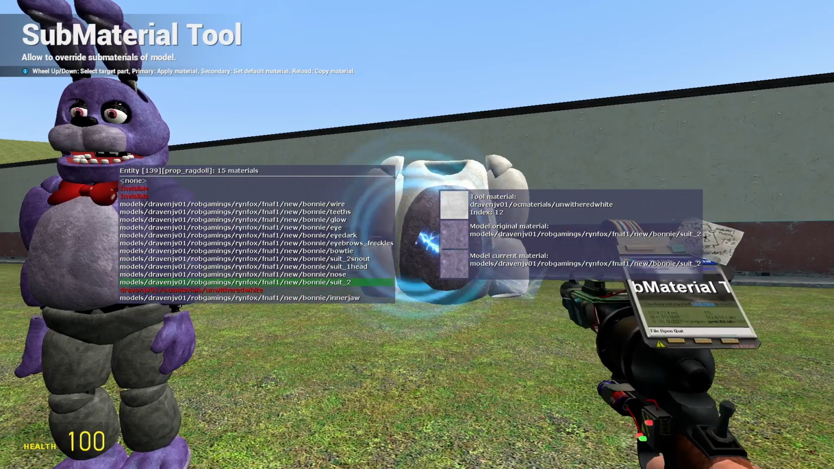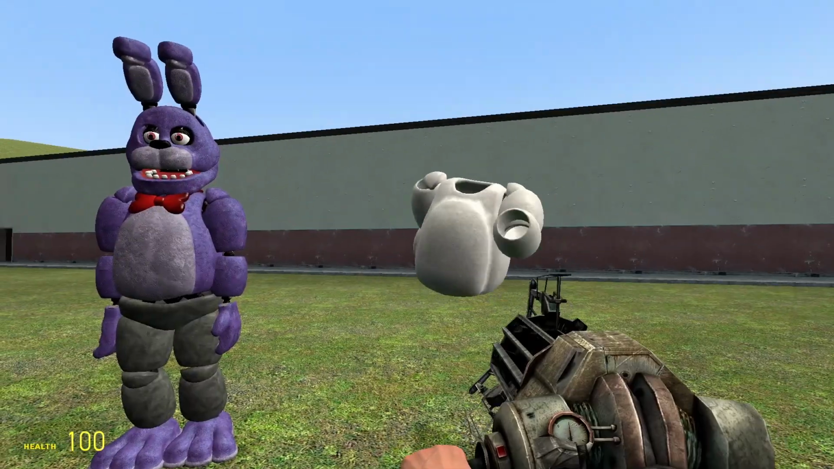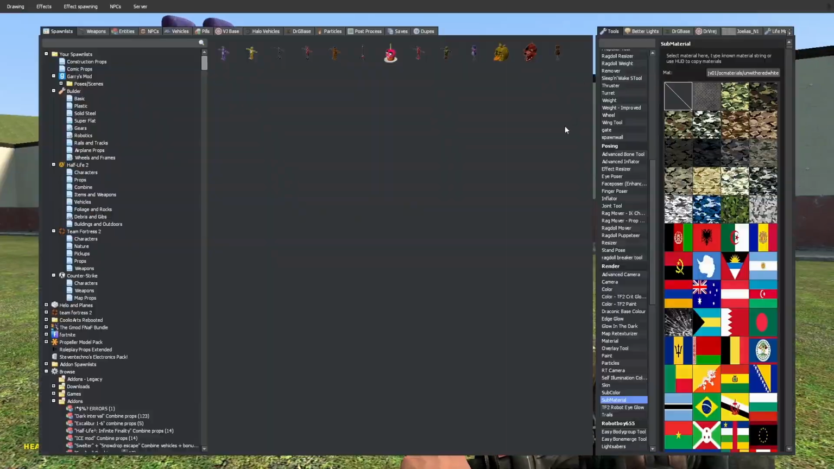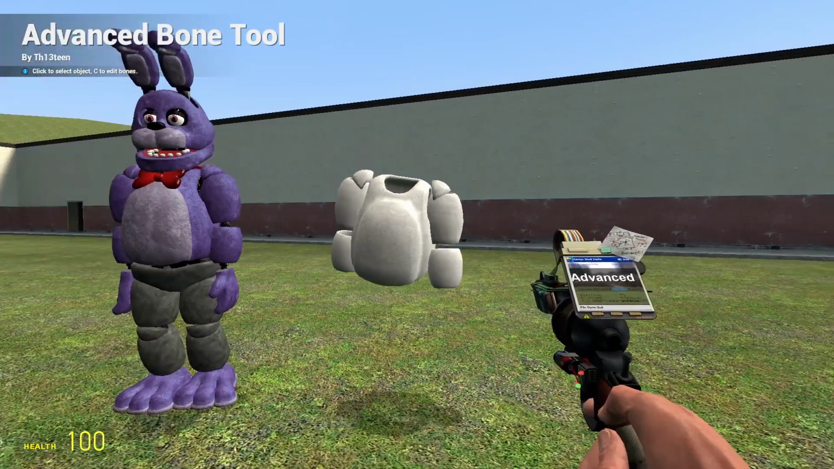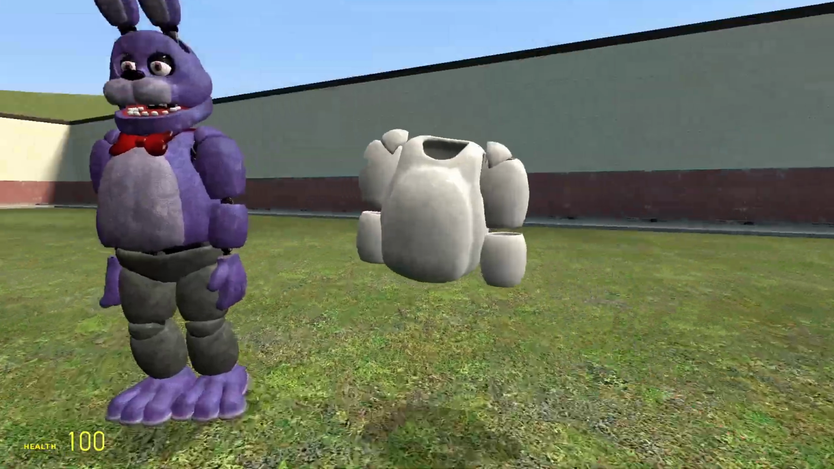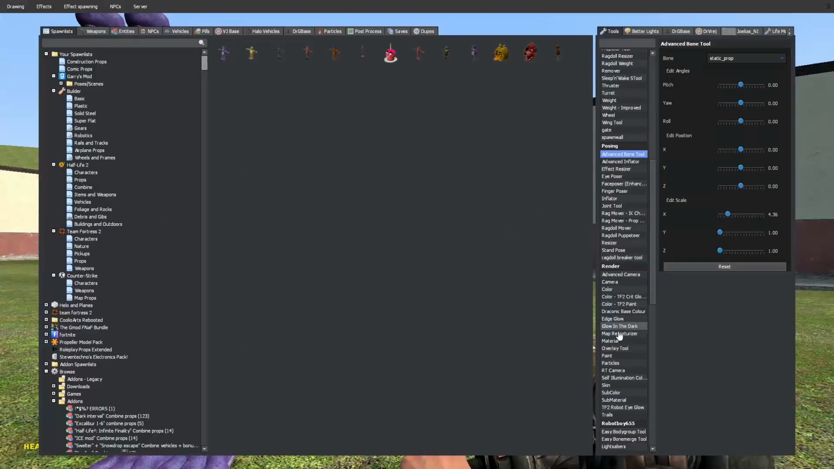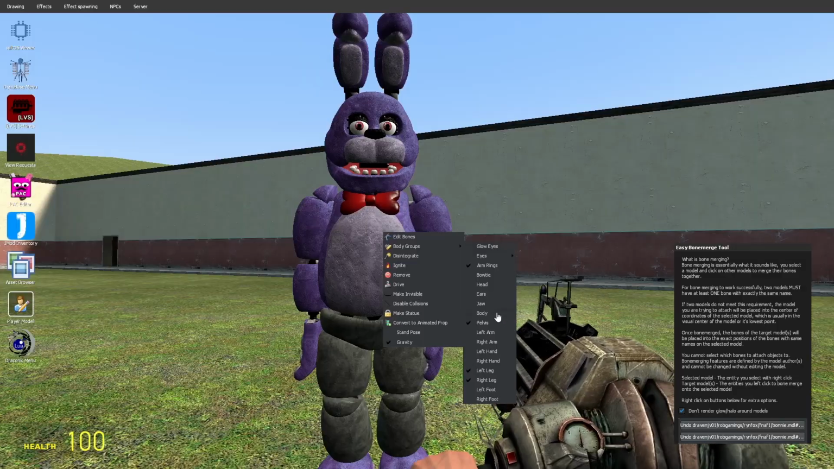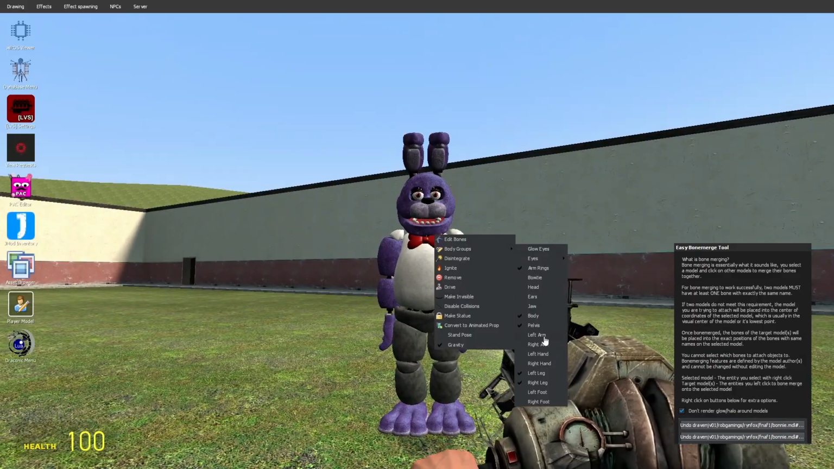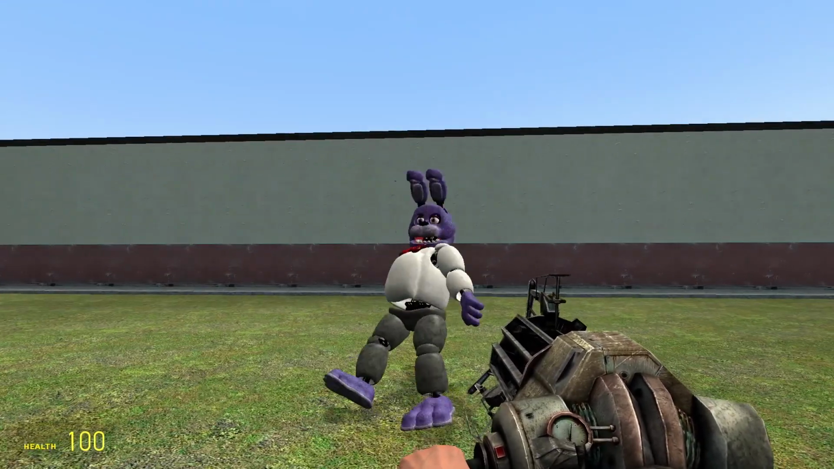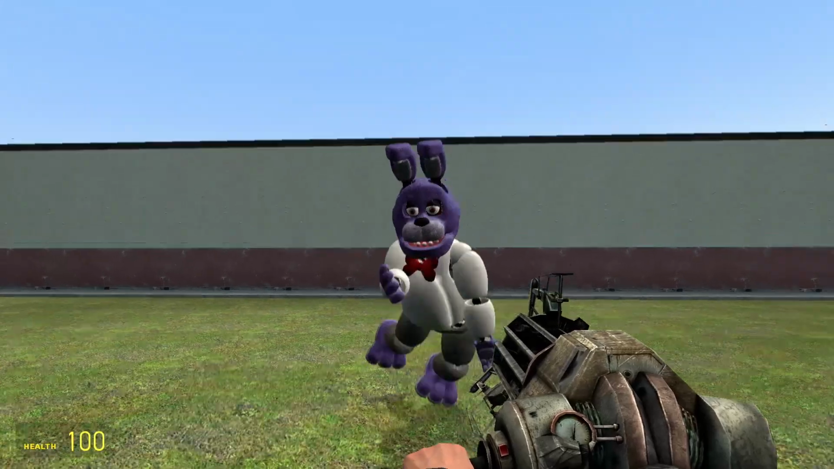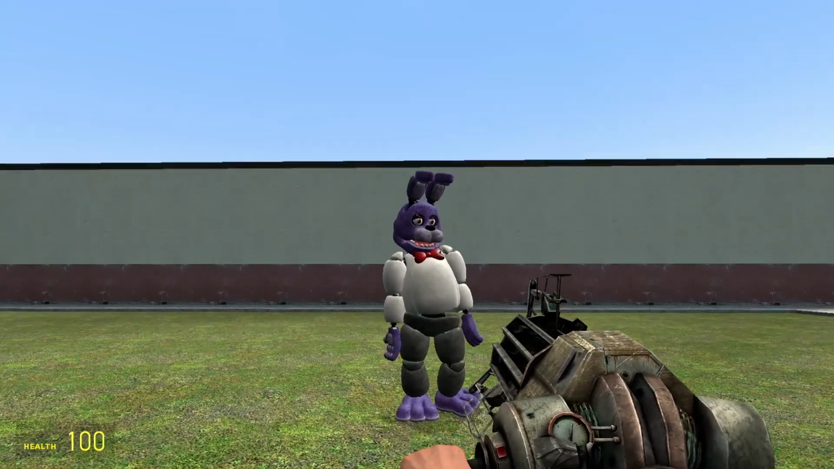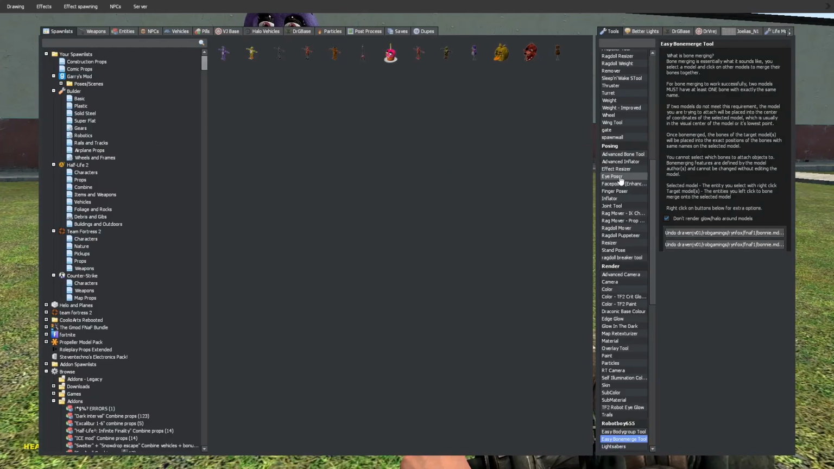There it is. Okay, yes, the right shirt. Now the Advanced Bone tool is used for some special stuff that I will explain in my next point. But yes, let's bone merge this. My Barney has some Charlotte clothes on. But yeah, the Advanced Bone tool is